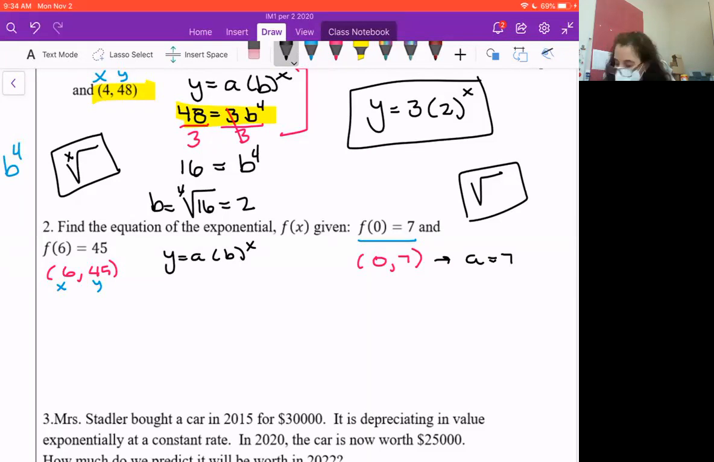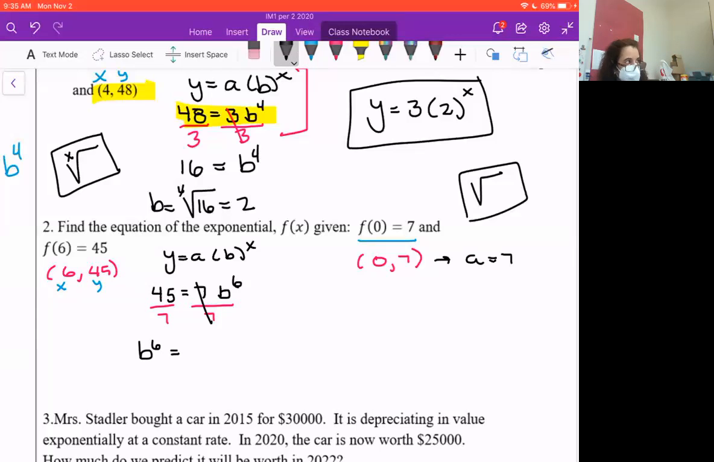My y, I'm going to use 45, equals my a, I'm going to use 7. My b, I don't know, but my x, I'm going to use 6. So if I plug that all in, I end up with 45 equals 7 times b to the 6. Okay. I'm going to get rid of the 7. So we're going to divide by 7. And then if we do that, we end up with b to the 6 equals